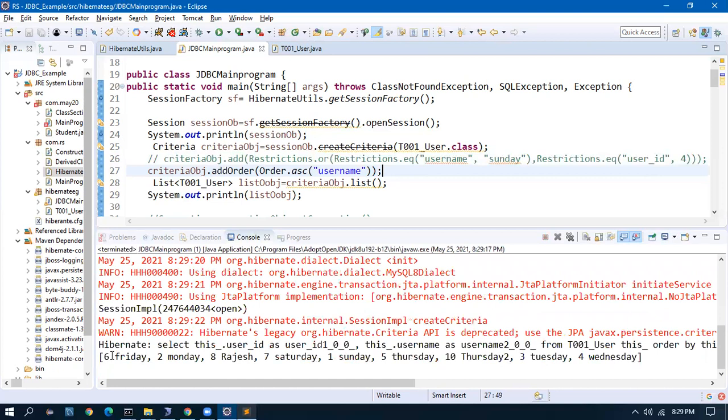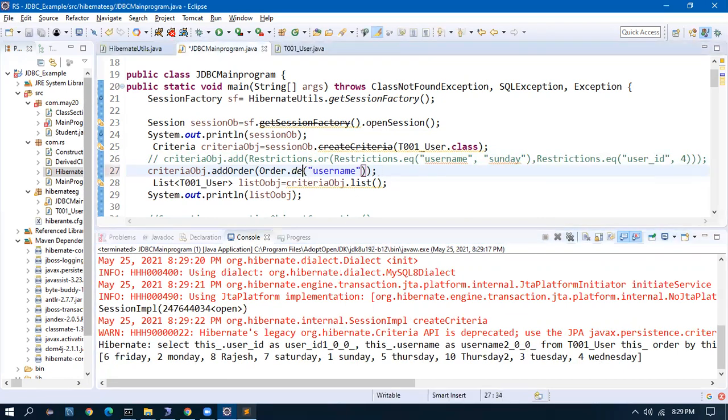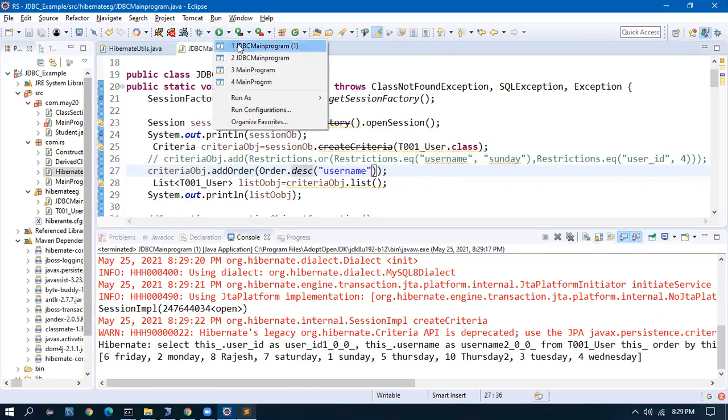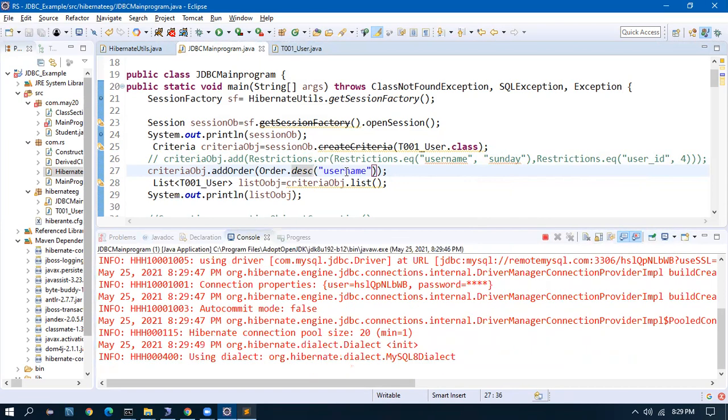It is generating based on, yeah, F comes first, F, M, then R, S, T, then UVW. So it is ascending. If I want to make it descending, DESC. The query will be reversed. Not only this column, we can give any column.